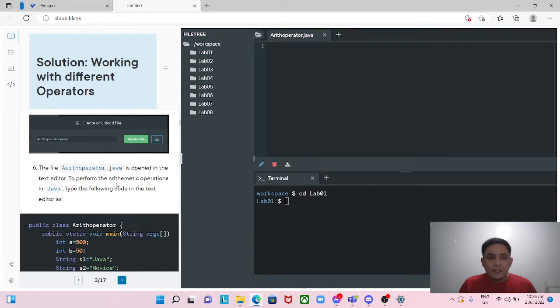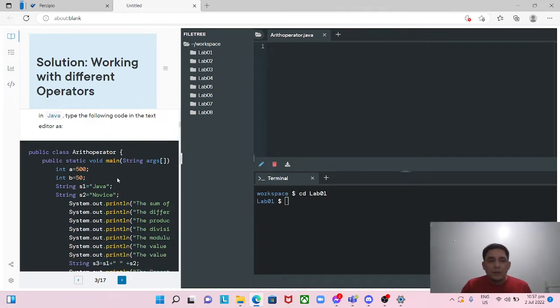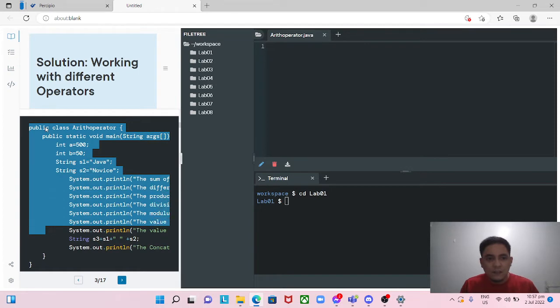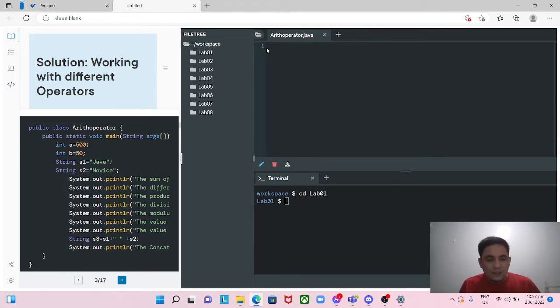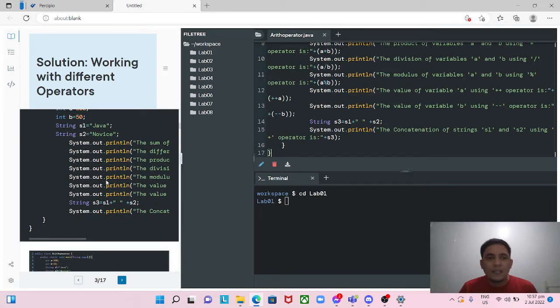To perform the arithmetic operations in Java, type the following code in the text editor. So we will transfer this code to this empty space. Okay, so after that,